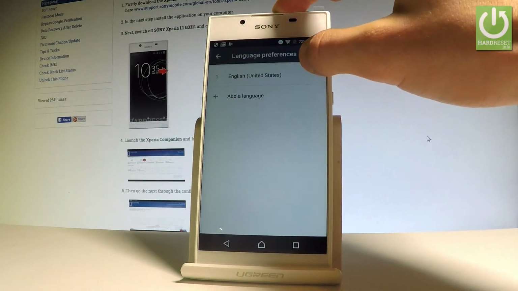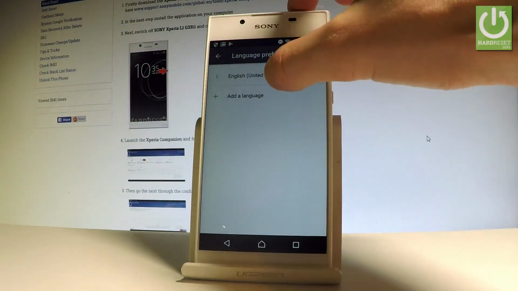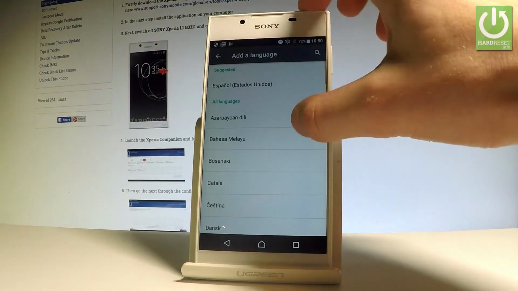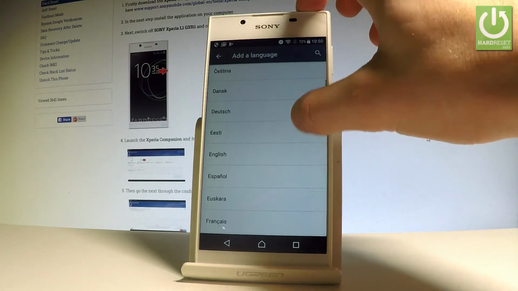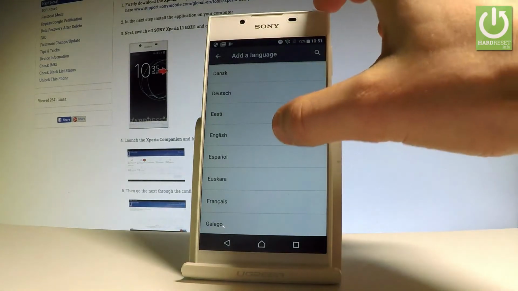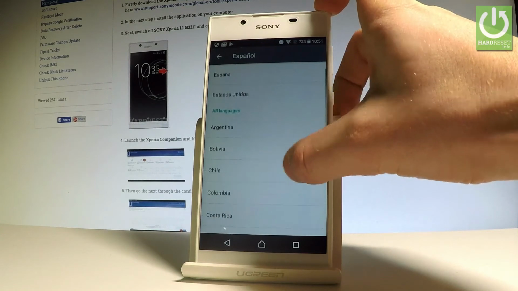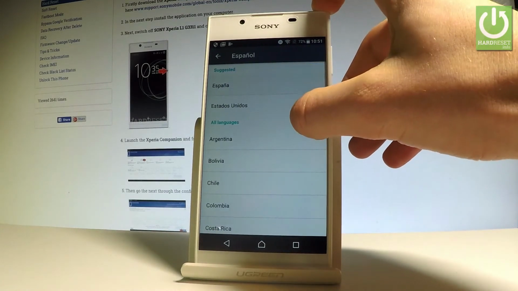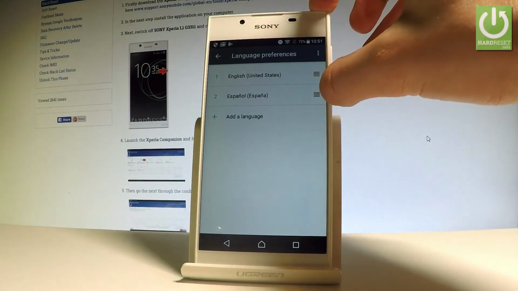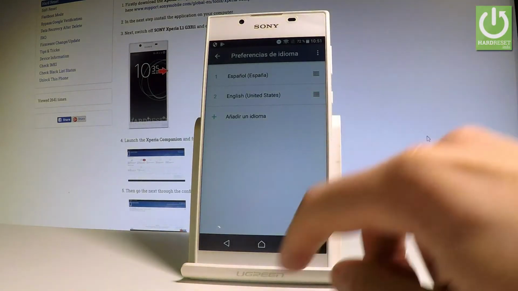Select languages right here, and if you would like to add some other language, let's choose add a language right here. Here you've got the full list of available languages that you can use. Let's just say, for example, that I would like to change my language from English to Spanish, so let's tap on Espanol, and as you can see now you have to choose your region. Let me choose the España, and then you have to place the Espanol into the first position,